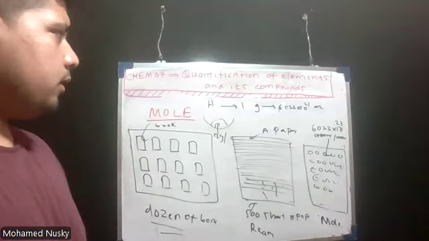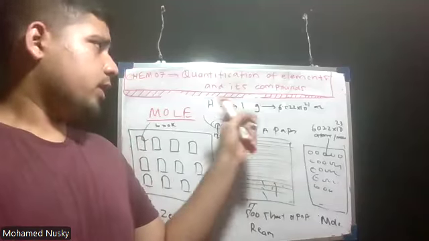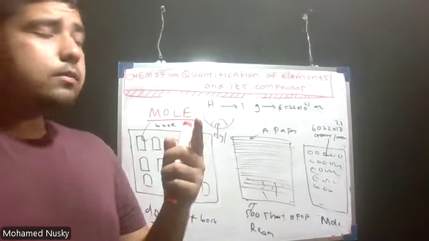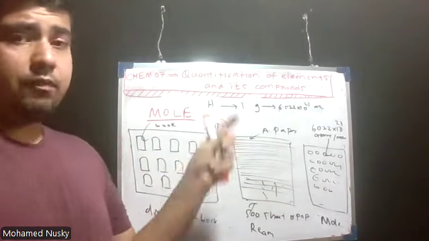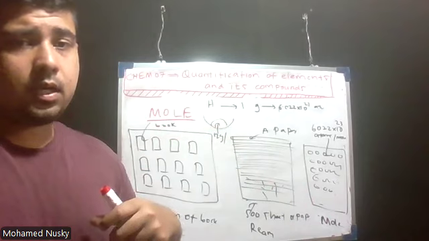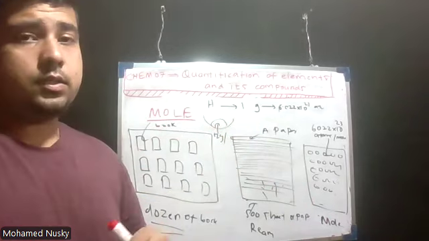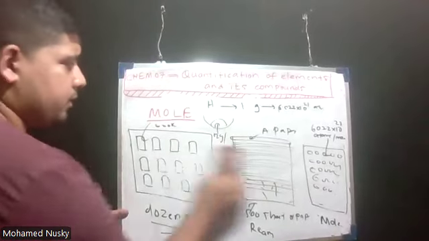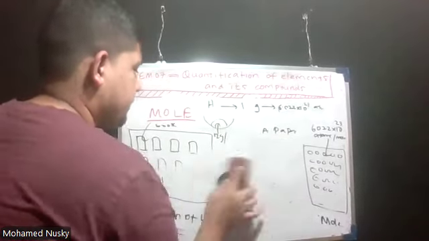Then if I take 1 gram of hydrogen, what is the term that I can give? If I say I have taken a mole of hydrogen, then how many grams of hydrogen have I taken? 1 gram of hydrogen. Okay. Likewise,